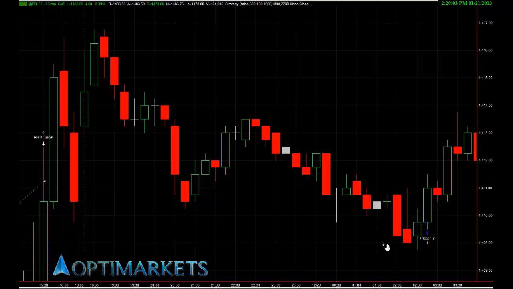Now, if you thought that a good move in the market was a buy zone around 1409 in the S&P, you'd probably say to yourself, well, it's a comfortable move higher when you see the downward trend reverse to the upside, and you want to take a simple trade. And again, I'm not demonstrating a strategy. I'm demonstrating the concept of why we even execute binary options as an asset class to trade after you have